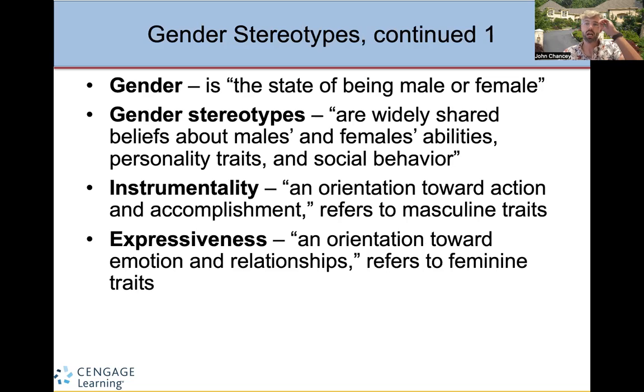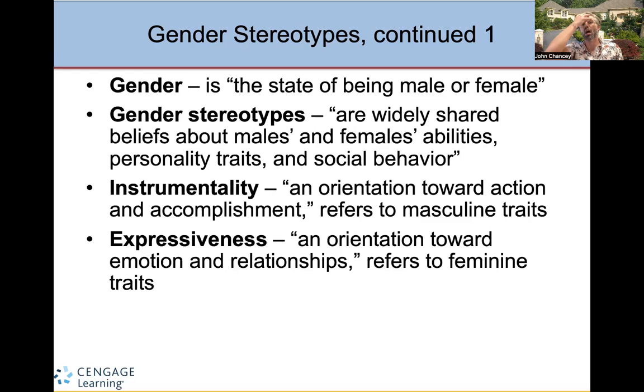So, important terms, some table setting things when it comes to gender. One, gender is the state of being male or female, but again, there's fluidity to that. It's not just being strictly male, strictly female. We understand that there's more nuance to that. You could be mostly male, but part of your characteristics may identify as female, and again, that's not suggesting that that person would be transgender by any means. It just means we understand there's more fluidity in how we think about this term